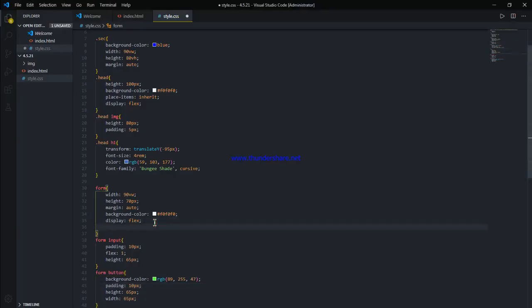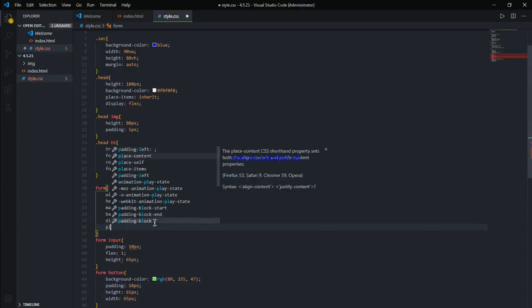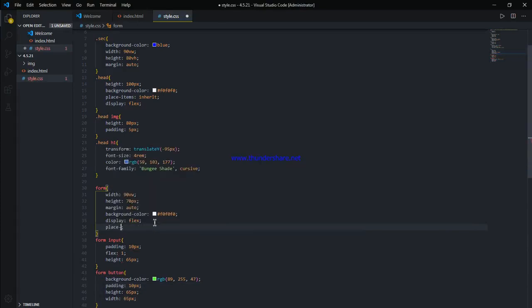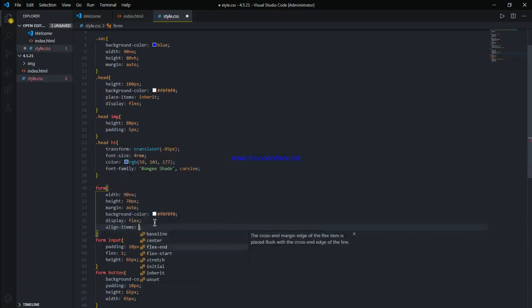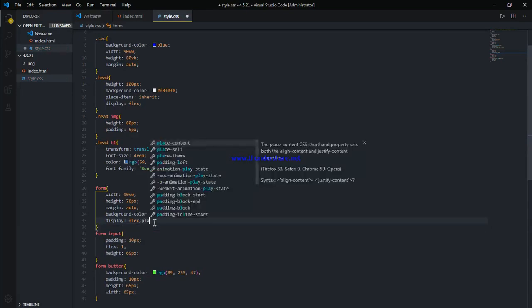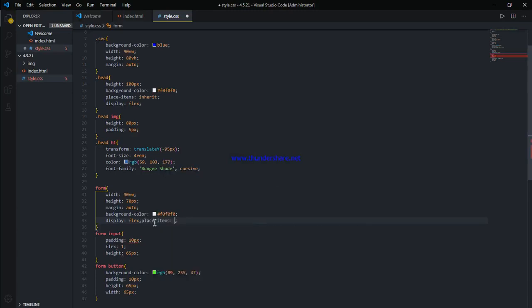Now space evenly, place content, align items, space between, place items.